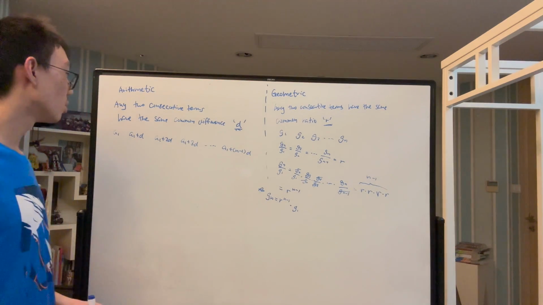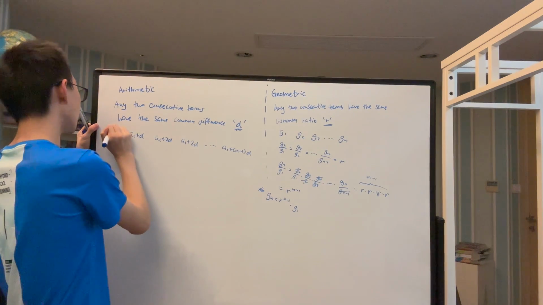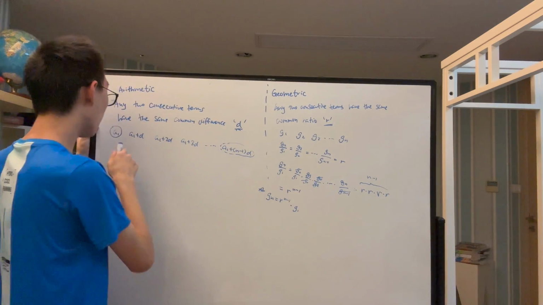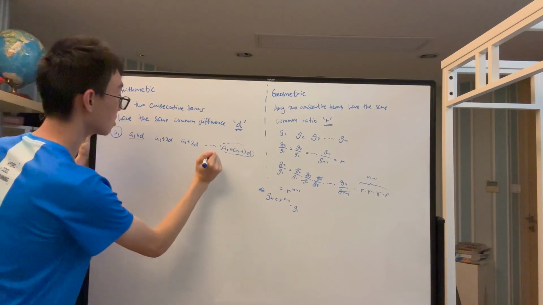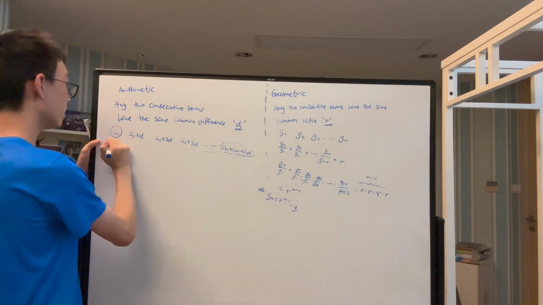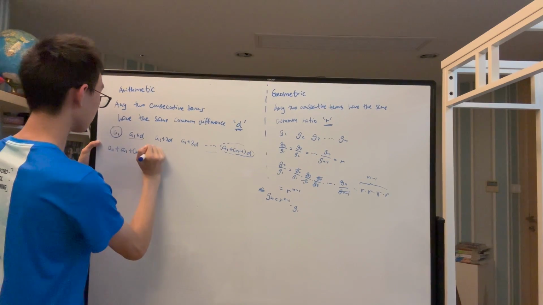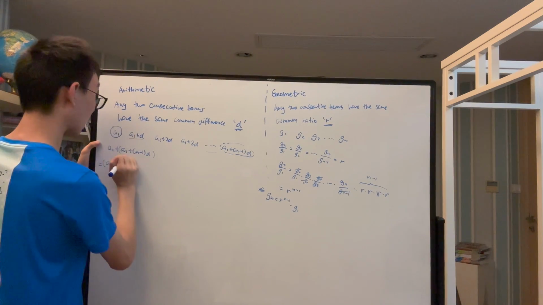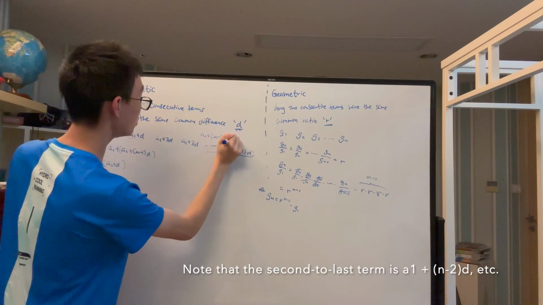How would this help us? Well, by observing, we can see that the sum of A1 and A1 plus n minus 1 D, of A1 plus D and A1 plus n minus 2 D, these sums are always the same. In other words, A1 plus A1 plus n minus 1 D is equal to A1 plus D, the second term, and the second to last term, which is A1 plus n minus 2 D,